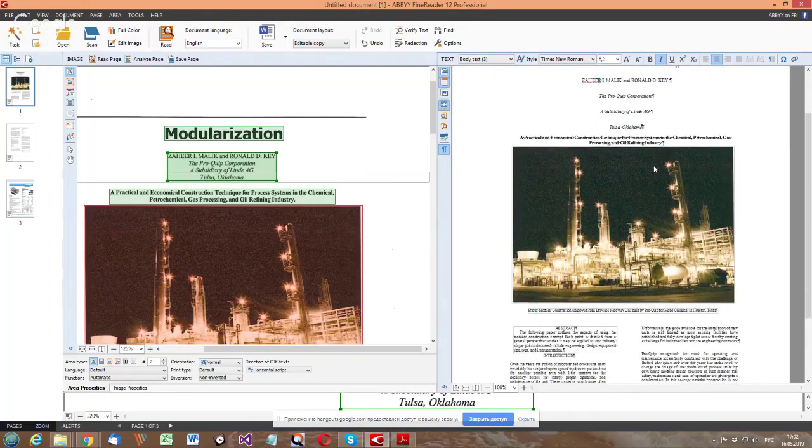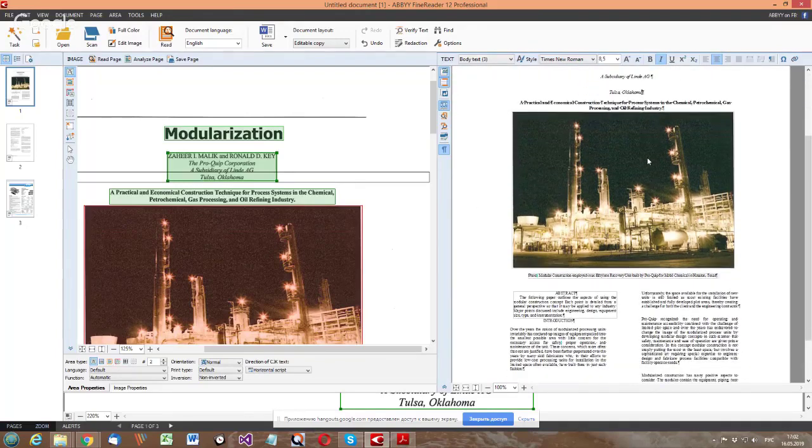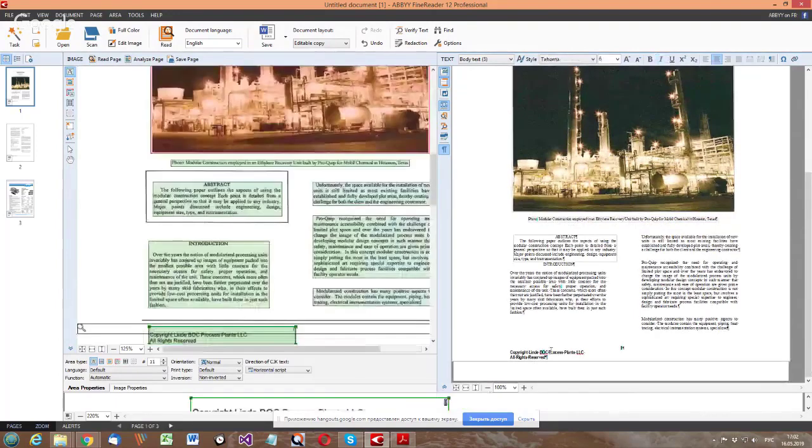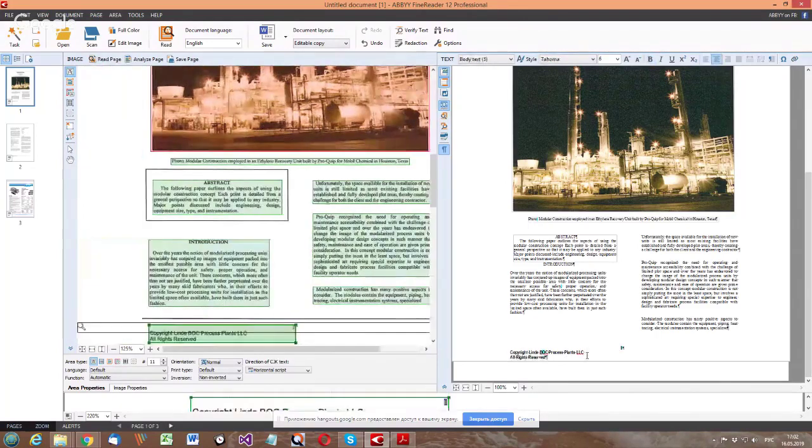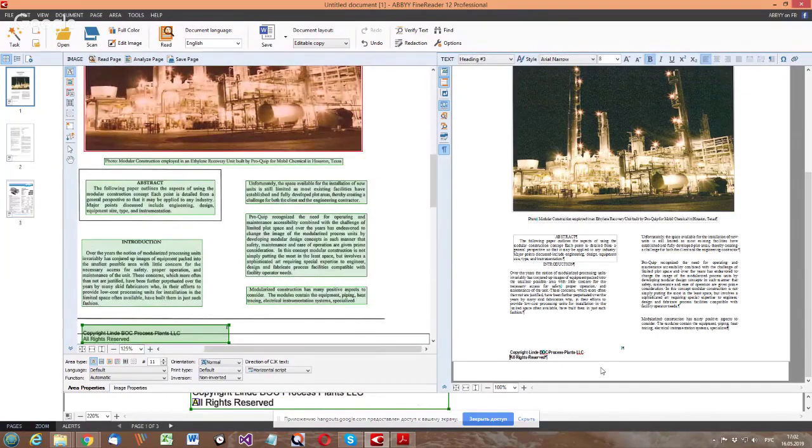And also, let's go to the bottom, and I see a similar issue in the footer. I can see that the first paragraph ends with the word LLC, but there is no paragraph break in Finereader.